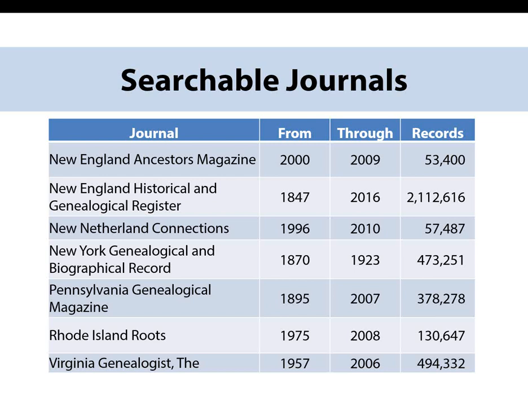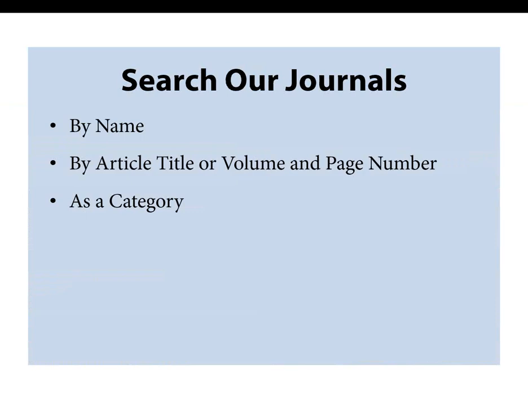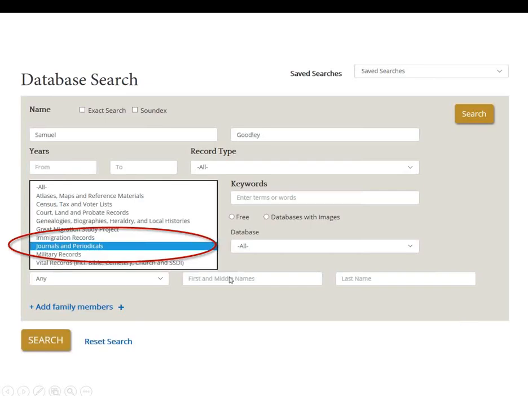So if we click forward from here, for journals, you're going to search for names and then article titles. You can do it as a category. You can use individual volumes. If you happen to know you're in a specific volume, you can even mention a page number to do a search. So if we look forward at the next page,